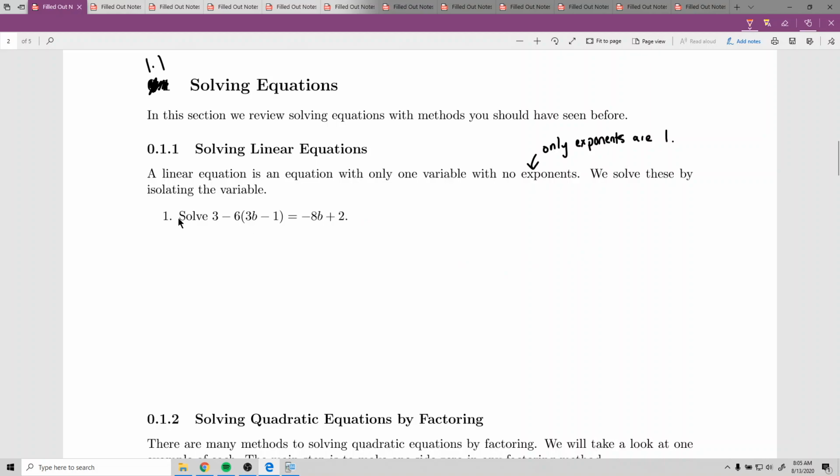And so this one we have here says solve 3 minus 6 times (3b minus 1) equals negative 8b plus 2. Now what we want to do here, just follow your order of operations. The first thing to do would be distribute the minus 6 through. We cannot combine the 3 and the 6 because the 6 is attached to this. We have to distribute